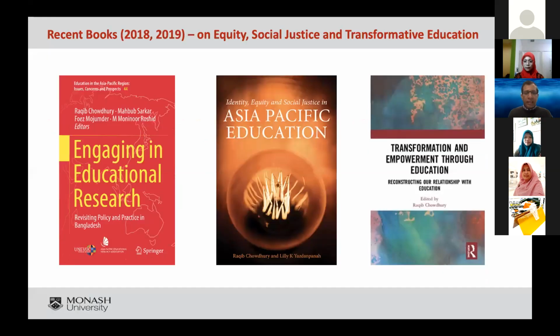Now, two of my three recent books are actually based on social justice. So this one is about social justice, and this one is about the result of social justice, which is transformation and empowerment. So in other words, the only way of empowering our learners, the only way of giving our learners power to decide for themselves, self-determinism, as it is called, is to treat them according to individual needs, is to differentiate them rather than treating everyone equally.